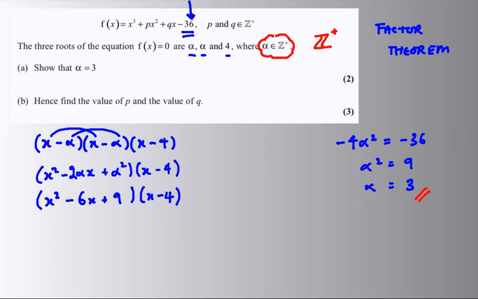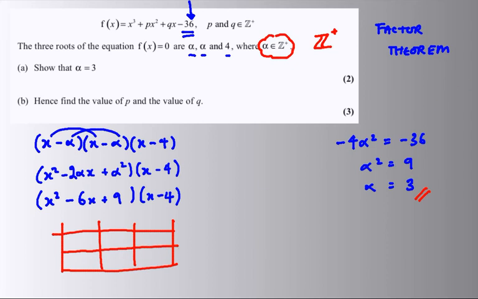Now, I don't know whether you ever do this, but one of the neat ways to quickly multiply these things out is to actually just use a multiplication grid. I'm going to do it. It might seem like a long-winded way to do this. I guess the nice thing about this is it rarely goes wrong. Very easy to see what you've got, and very neat to do. So I'm going to get an x cubed, 6x squared, 9x,